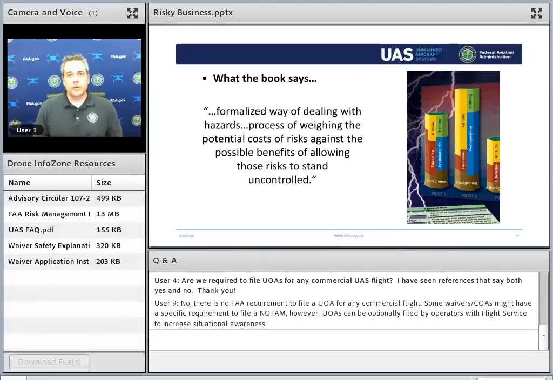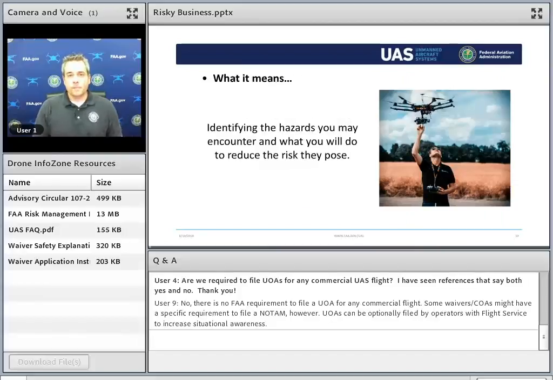So if you look on your screen right now in the bottom left-hand corner, you should be able to see the download link. And one of the download links is the FAA Risk Management Handbook. But if you don't have it there, I'm going to show you where you can get it afterwards when the presentation wraps up. Here's what the book says when we're talking about risk management, that it's a formalized way